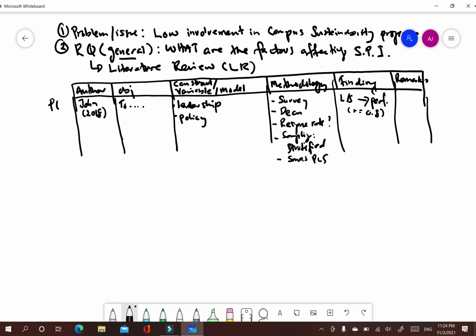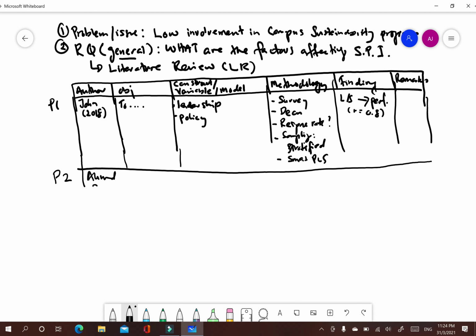So all of this you record, and then put your own remarks, basically your reflection. So the things will continue. Paper number 2 maybe written by Ahmad, for example, 2010. Same thing, you will update until the last paper.